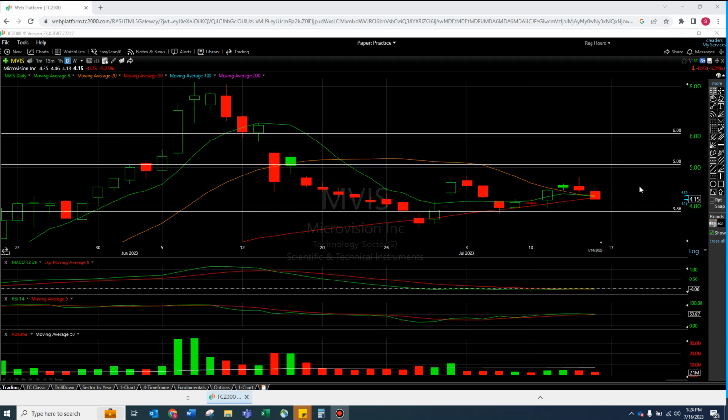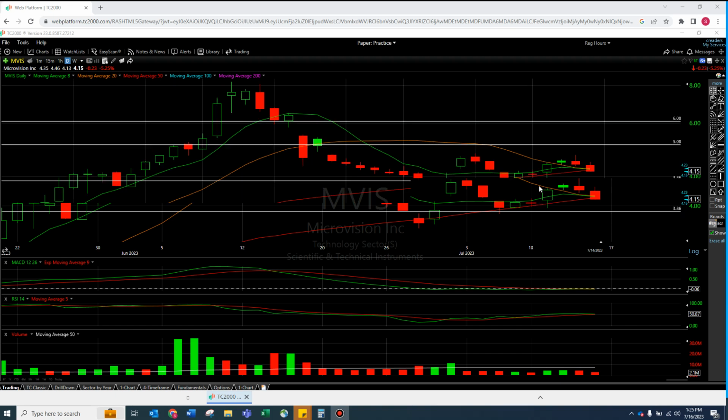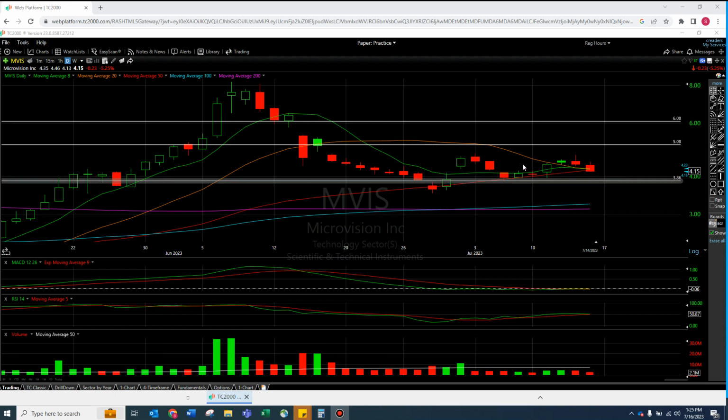And I say this often: it doesn't matter what the stock is or what the industry is, breaking a single one of these lines is not an easy thing to do. When you have to break 2 at the same time, it's that much harder. When you have to break 3, which is what we've got here, the red one, the green one, the orange one, the 8, the 20, and the 50, it becomes really hard. What ends up happening is you do a little oscillation, where you go up and start going around a line. What looked like a good 50 moving average, a red light, we bounced,